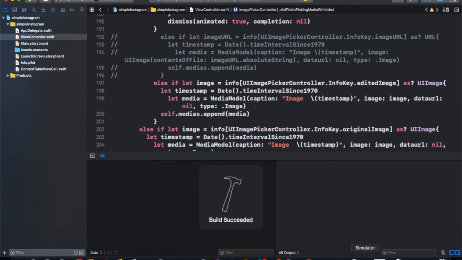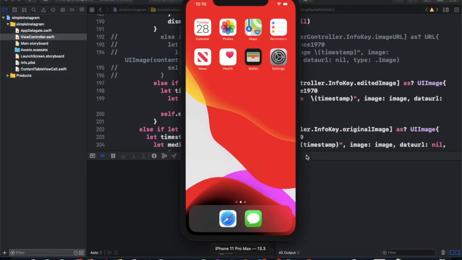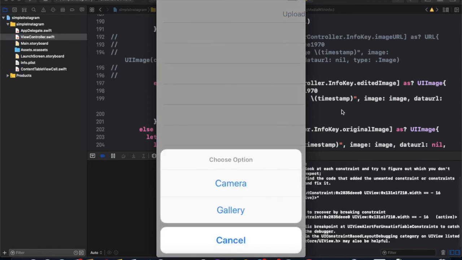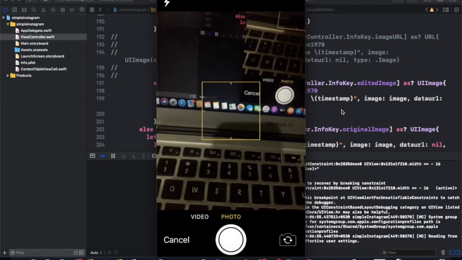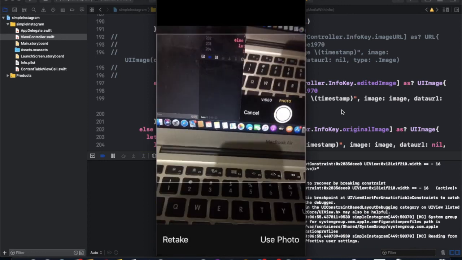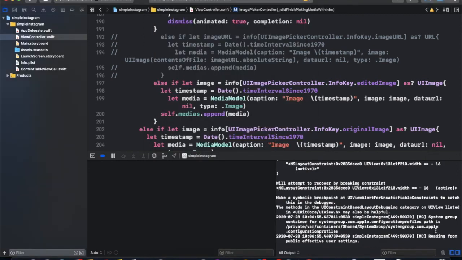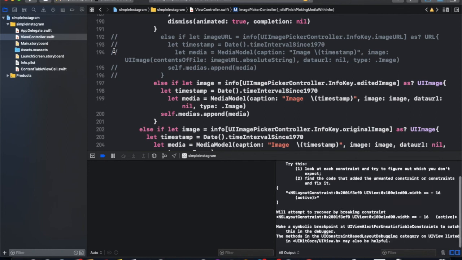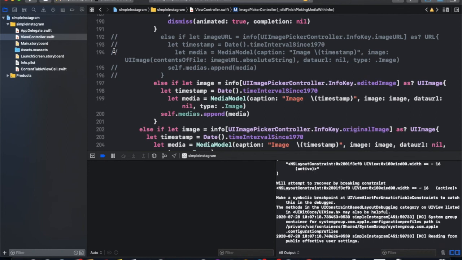Minute. Upload camera. We have both video and photo. Use photo, use photo. Gallery. Wait.